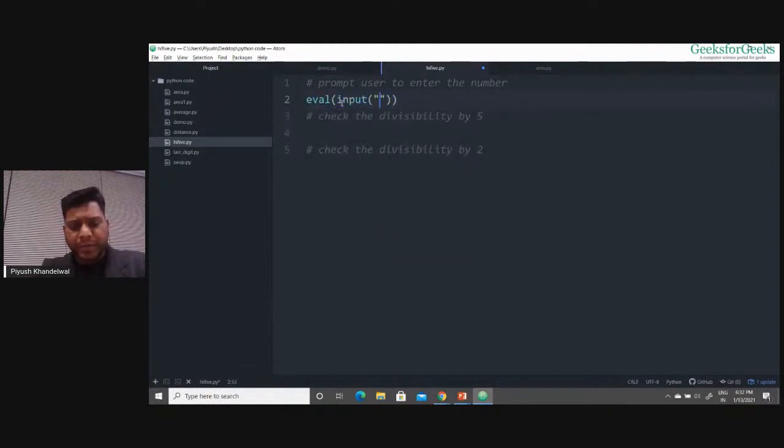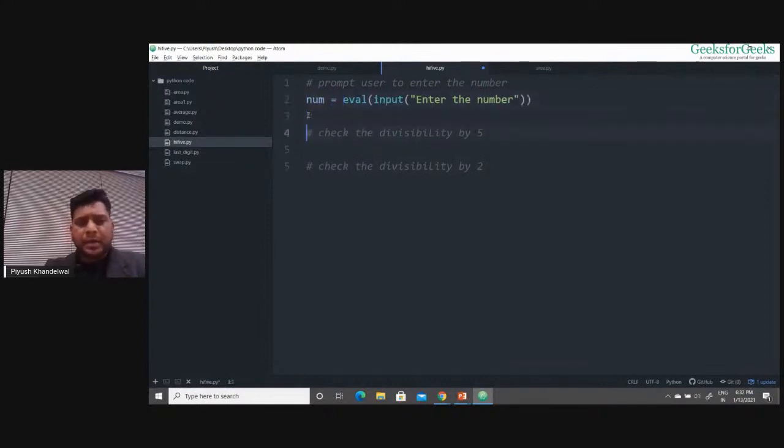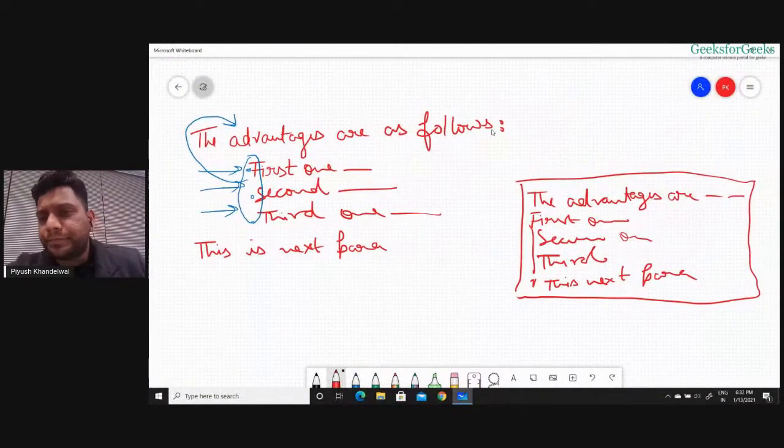We also want to give the message, enter the number, and we'll store it in some variable. I'll name my variable as num. Now I need to check the divisibility by 5. You can see here,